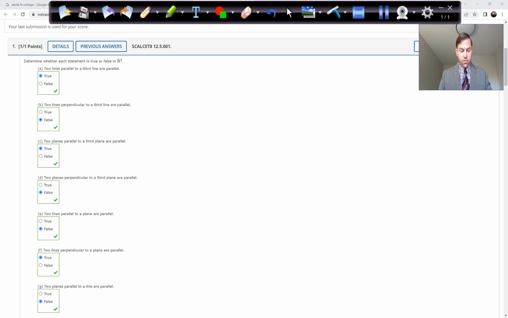So it says two lines parallel to a third line are parallel. So if you can imagine in 3 dimensions, any line, any other lines that are parallel to it, even if they form some kind of circle around it, will also be parallel. So that's true. Two lines perpendicular to a third line are parallel. So that's false. So there's lots of ways you could draw